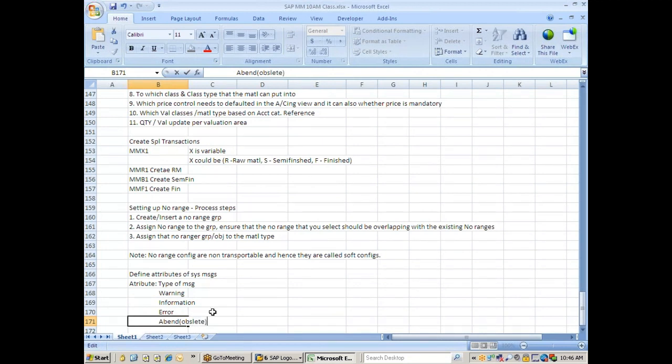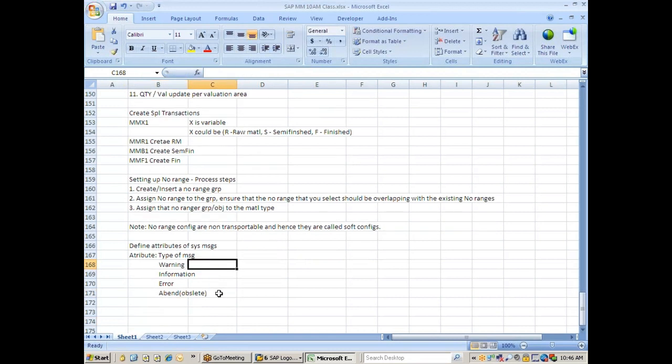This type of attribute or message is obsolete. These are various types of messages. As you know, warning. What do you mean by warning? A warning is a message which happens when a certain condition is evaluated in the application, which might be a potential error, need not be an error, which might be a potential error if you go ahead with,